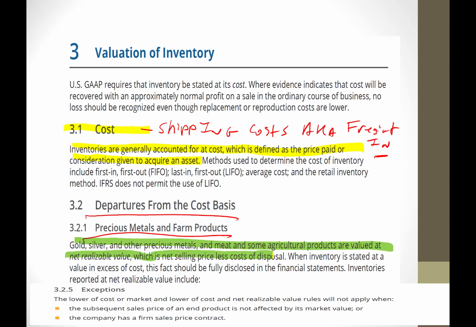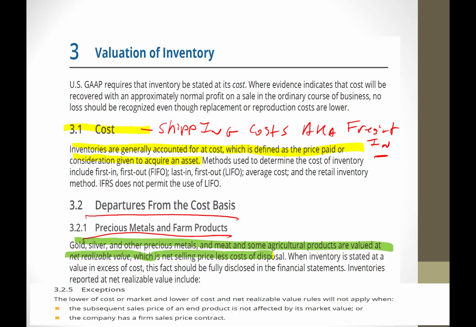I had a student one time who asked me, during the really bad recession, how come Tiffany's inventory is going up? And I'm like, because they're carrying precious metals and stuff, and gold was going through the ceiling at that time, because when we start panicking as human beings, we start coveting shiny objects. So the price of gold was going up, and so inventory for somebody that's holding precious metals could actually go up.